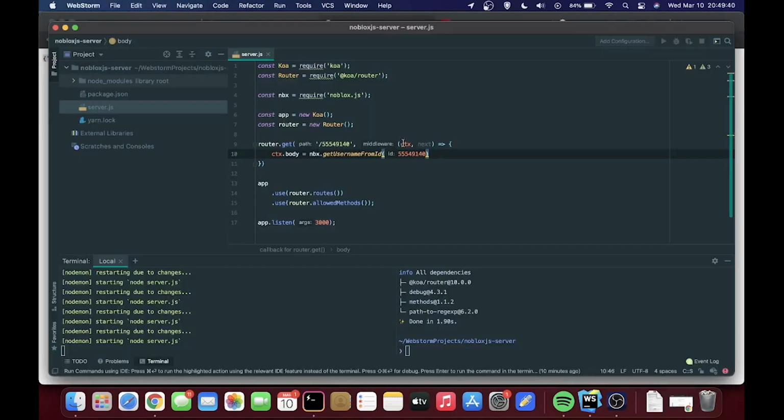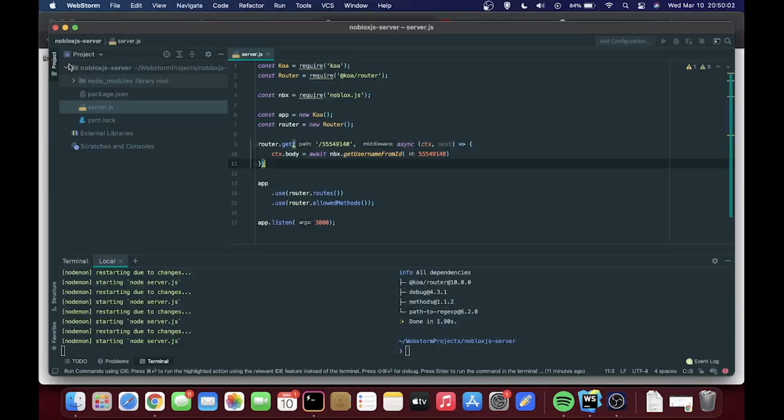What you see right here is a promise, or it's a stringified form of a promise. I don't want to deal with this. I want my actual result. So that's why I'm going to go back here, and I'm going to turn the function right here into an asynchronous function by writing async right before it, and putting await right before my Noblox get username from ID. All methods within Noblox are asynchronous. So I'm going to go ahead and save this, go back to my page, refresh, and it shows quest. And that's what I wanted.